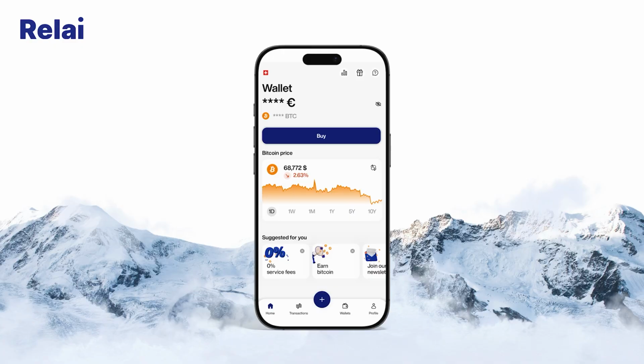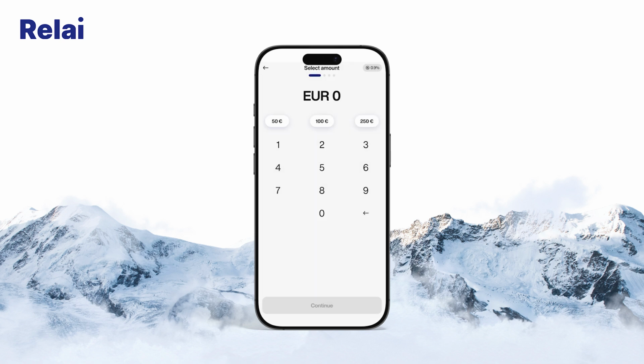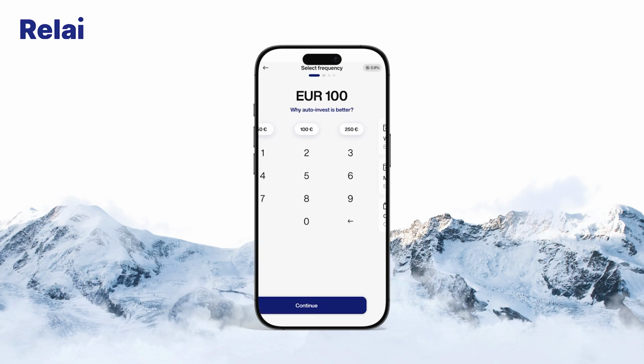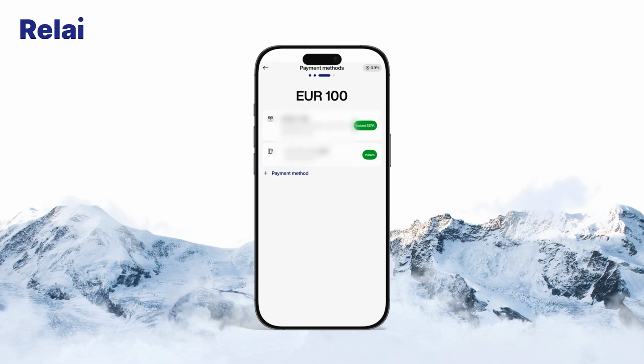We will now open up the Relai app, and once you've done that, you will have two ways of actually seeing the IBAN. The first easy way is by creating a buy order, and you do this by hitting the blue plus button in the middle or the big buy button right on the screen. We will then, for demonstration purposes, select an amount. I want to do a one-time buy, and then I'll go into the instant SEPA payment option where I will